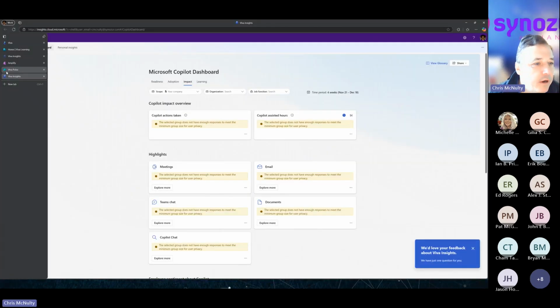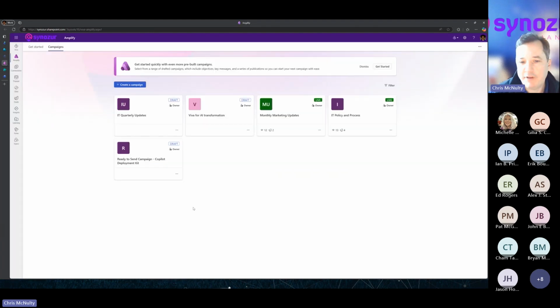So first, Amplify. Viva Amplify is a baseline communications tool that allows me to build a structured program. Think of something like an employee benefit sign-up period. It also gets used a lot for regular project communications. If you're at all like me,